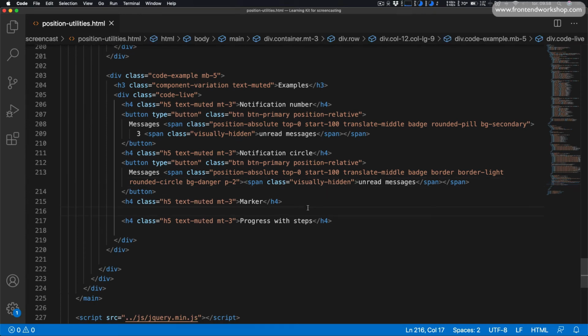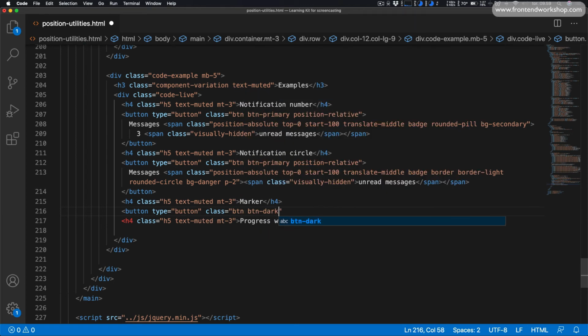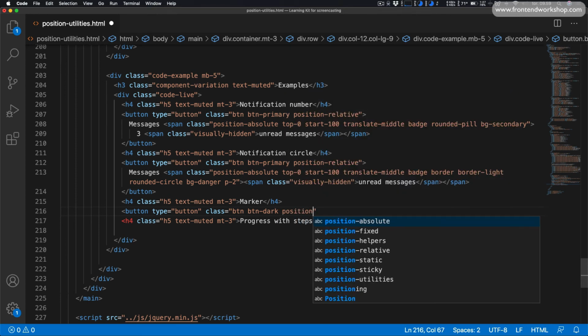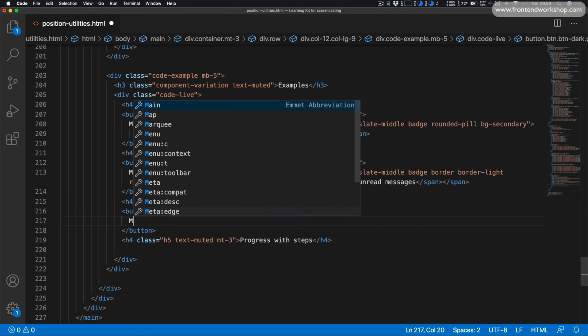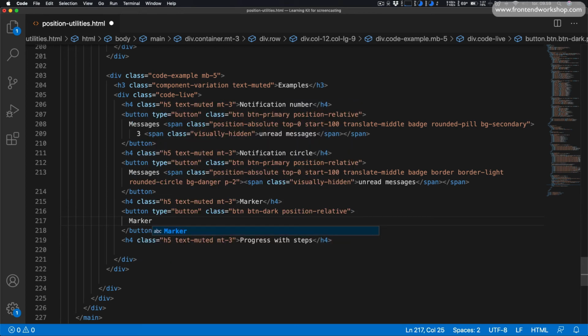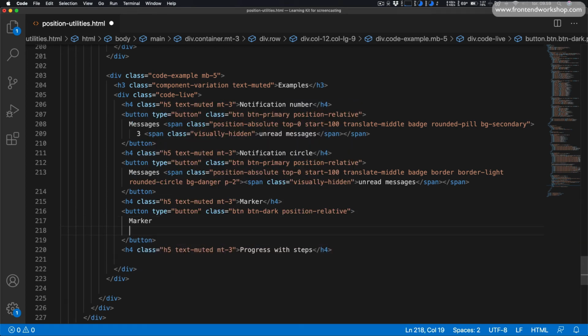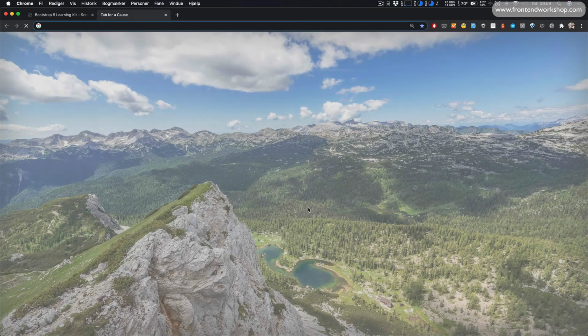First, let's create the button element with the type button and the classes bgn, bgn dark, and position relative. Inside this we add the text marker, and now we want to add a Bootstrap icon which will position in the correct place. So to find that icon, we'll go to